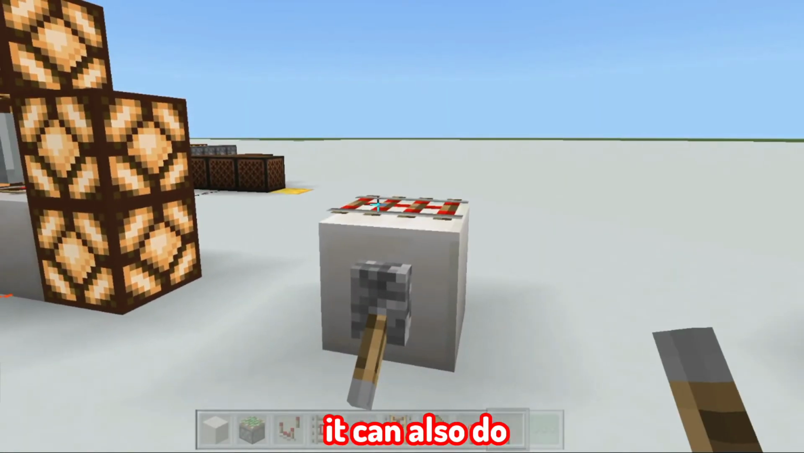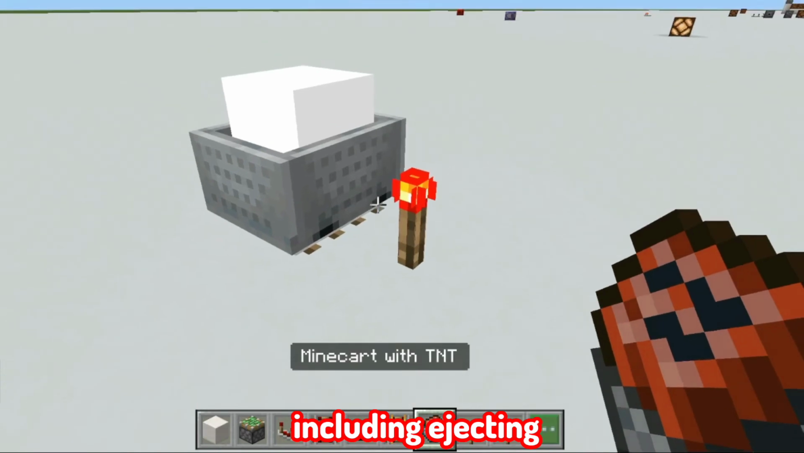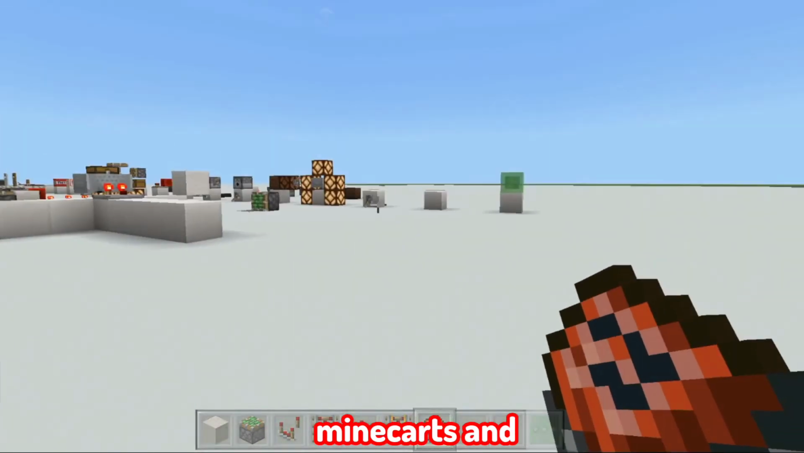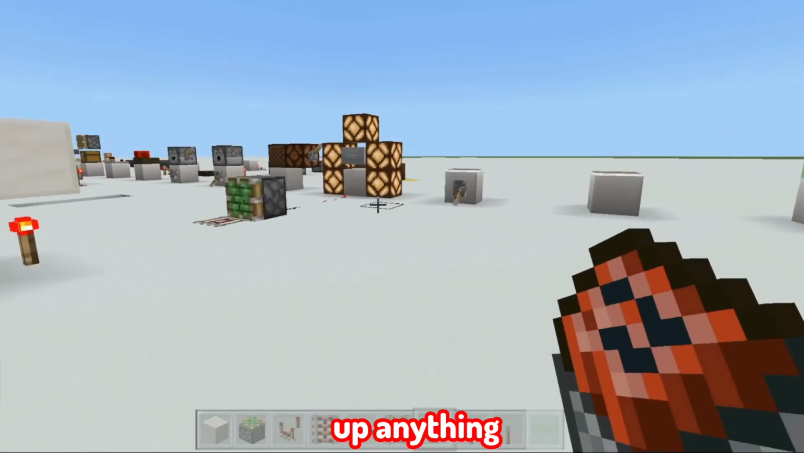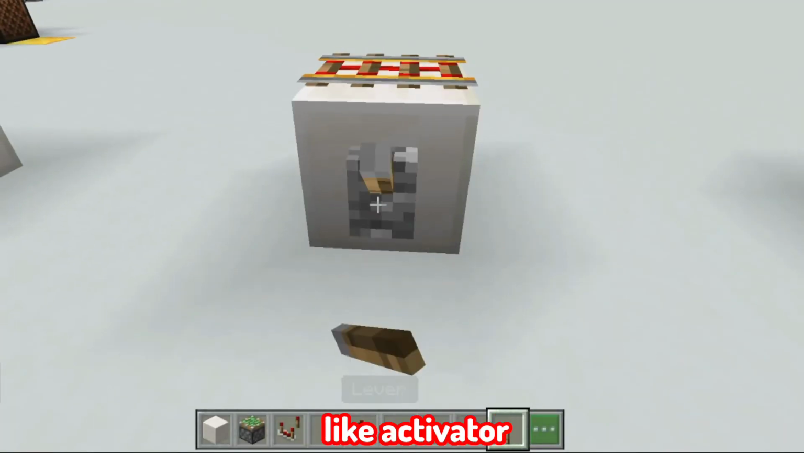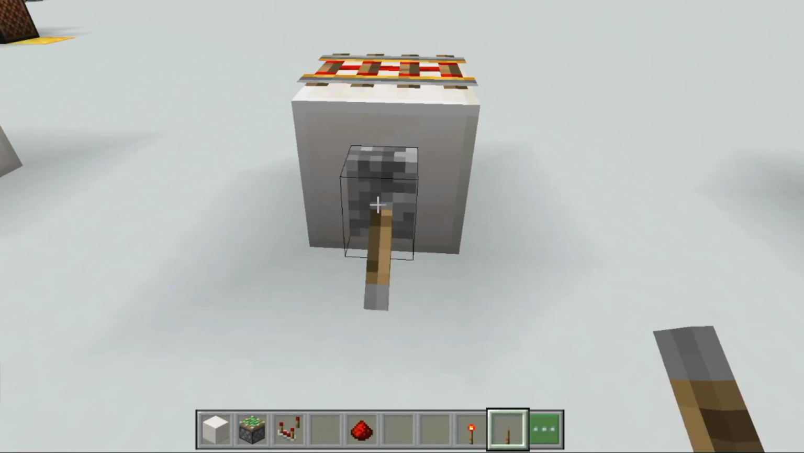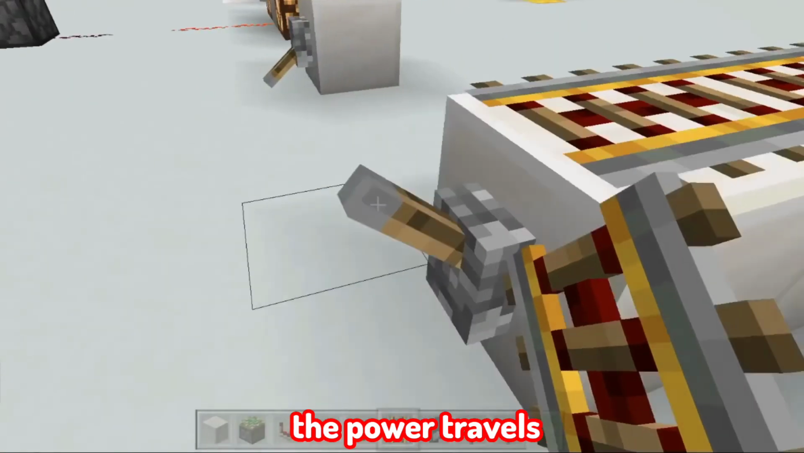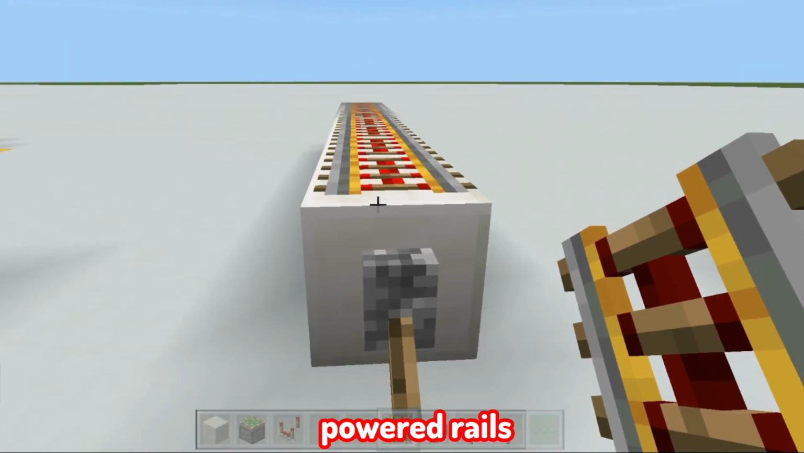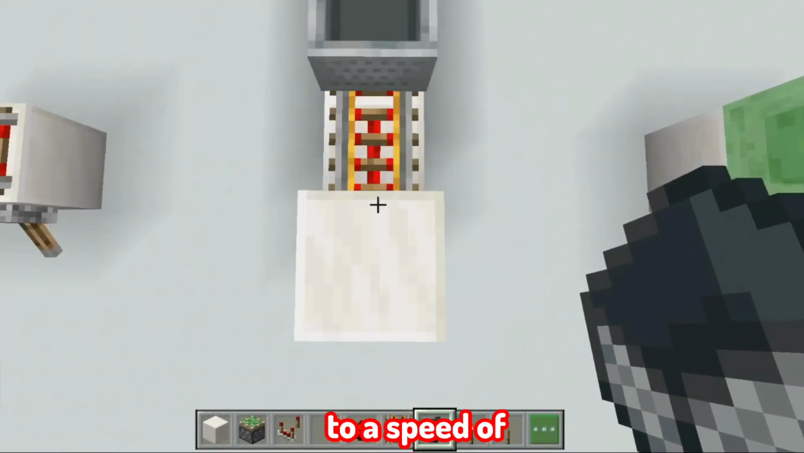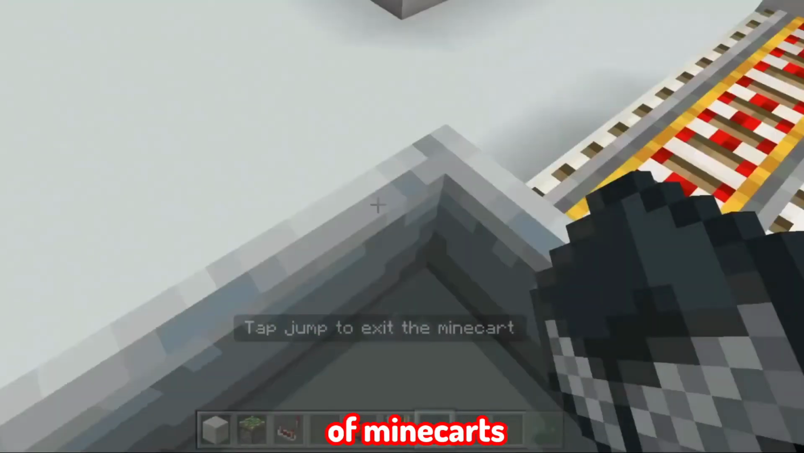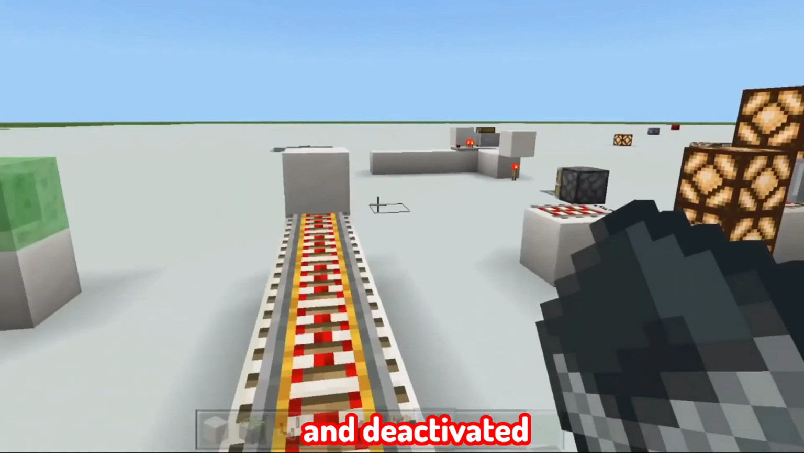It can also do a lot of things, including ejecting mobs from minecarts, priming TNT minecarts, and disabling minecarts that don't pick up anything. Powered rails are powered like activator rails. Okay, I'm gonna stop. The power travels 8 blocks from the source, like so, and active powered rails will speed up minecarts to a speed of 8 blocks per second, which is the max speed of minecarts. And deactivated powered rails